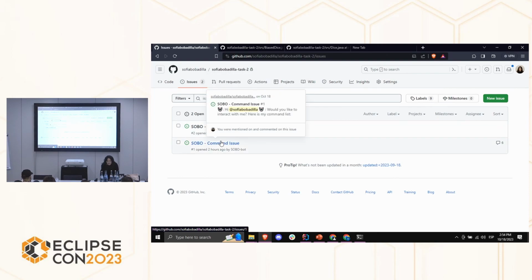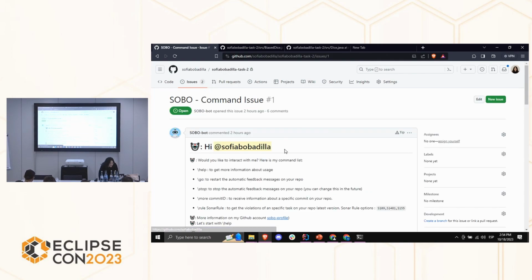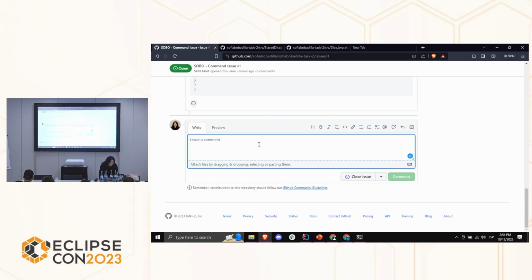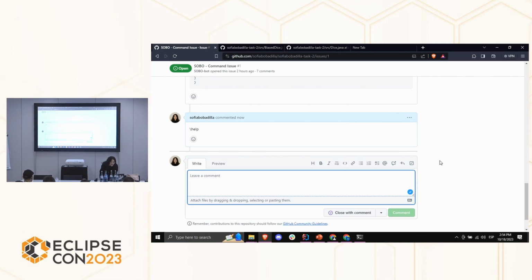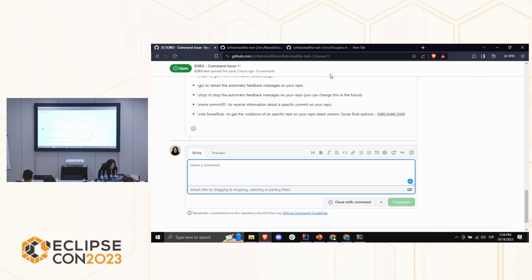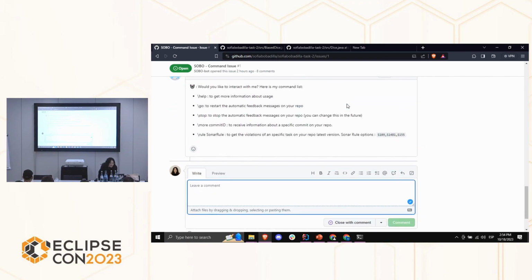And for the command issue, so here I have the bot, and I would like to maybe ask for the commands again. So I will do something like help to remind myself, oh, what commands can SOBO actually understand? And SOBO immediately replies, here's my command list.